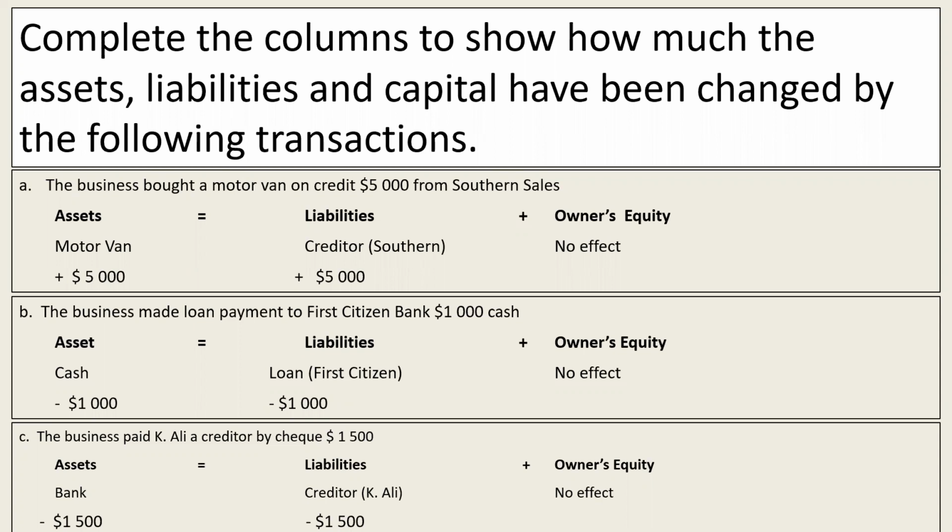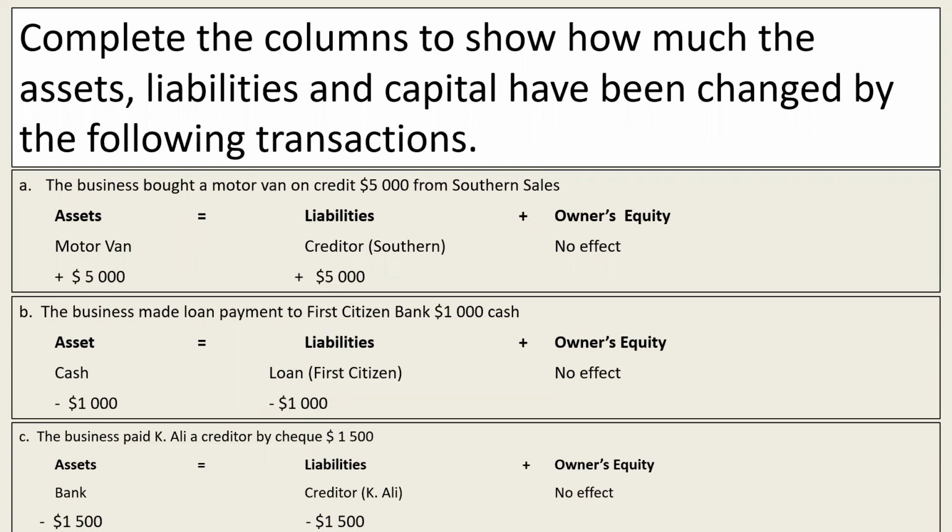All right, let's go to B. The business made loan payments to First Citizen Bank, $1,000 cash. Let's see how we can break it up. We are seeing that this transaction involves First Citizen Bank loaning the business $1,000, and of course the business is paying that $1,000. Okay, so it's a loan payment. I guess there are many other loan payments, but this is one loan payment that the business is making to First Citizen Bank. So if the business paid First Citizen Bank $1,000 cash, then $1,000 cash is